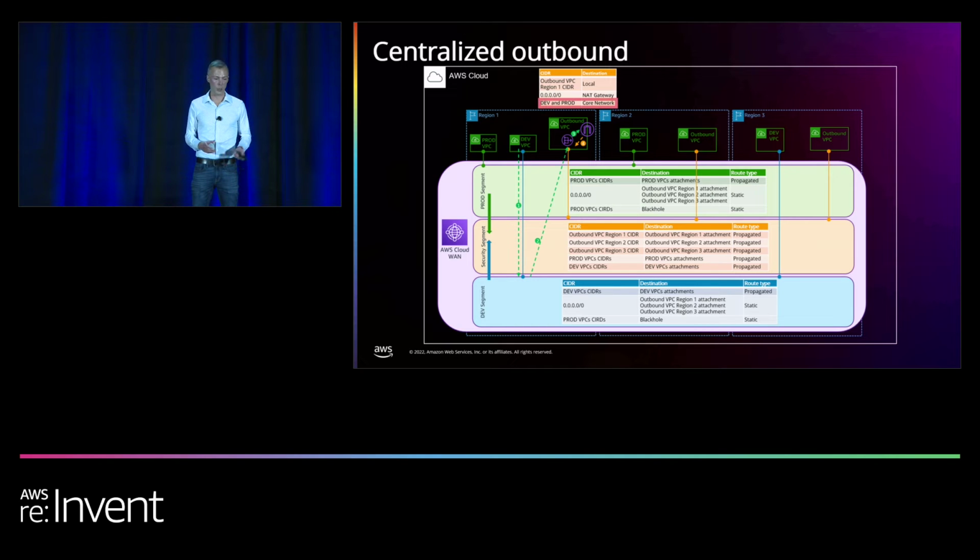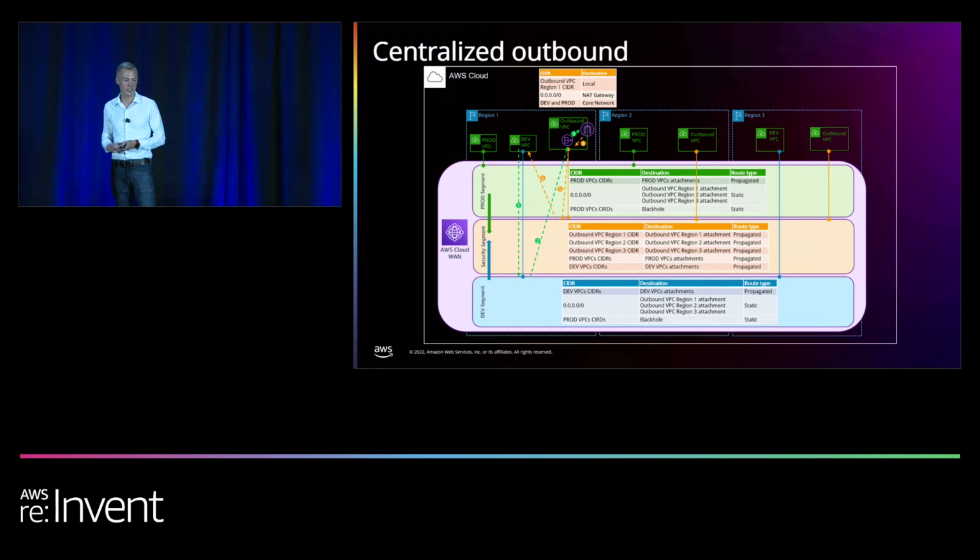And then on the way back in, we have our dev and prod CIDRs, which have a route to the core network on the outbound VPC. And then from there, the traffic lands in the security VPC. We then have a route that's propagated to our dev CIDRs, and then we go directly to the dev VPC. So we've centralized that traffic. We can add additional security controls and monitor and filter that traffic and cut down some of the cost of deploying a highly available NAT or egress infrastructure in every VPC.